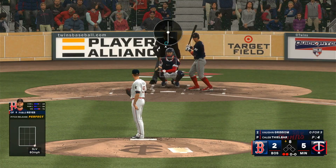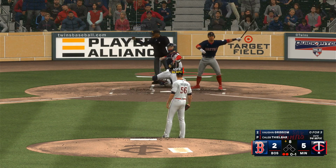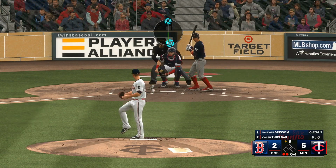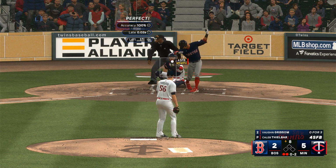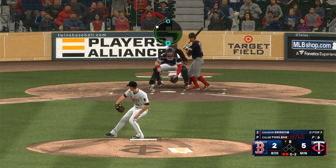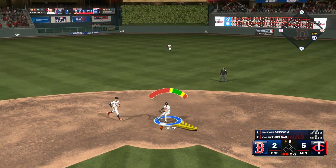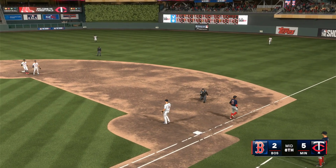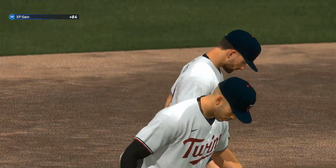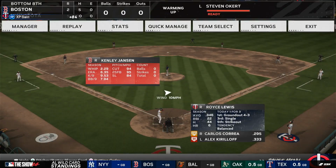Now back. So up next, Vaughn Grissom. Right through there for a strike. The Red Sox trailing by 3, and we're in the top of the 8th. Strike 2. More and more guys are looking to slug regardless of the count. In this situation, we'll keep a close eye on his approach. Julien gathers and throws to first. Third out, and that ends the frame. Red Sox go down quietly, and the deficit